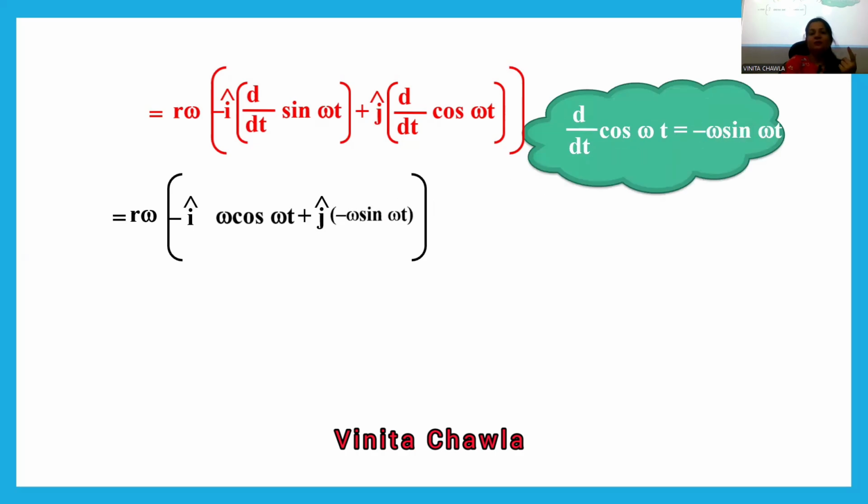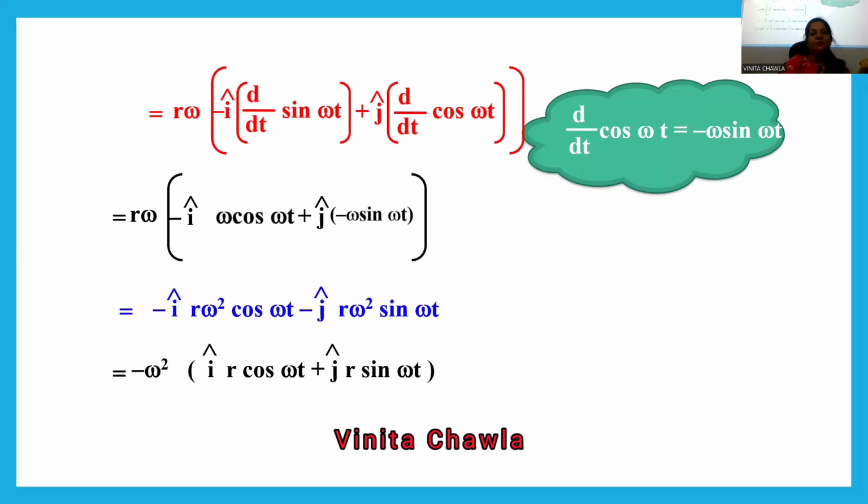Again we have omega, we can move this omega outside the bracket, and we have negative sign also, okay। So in the bracket we have r cos ωt i cap plus r sin ωt j cap। ये क्या